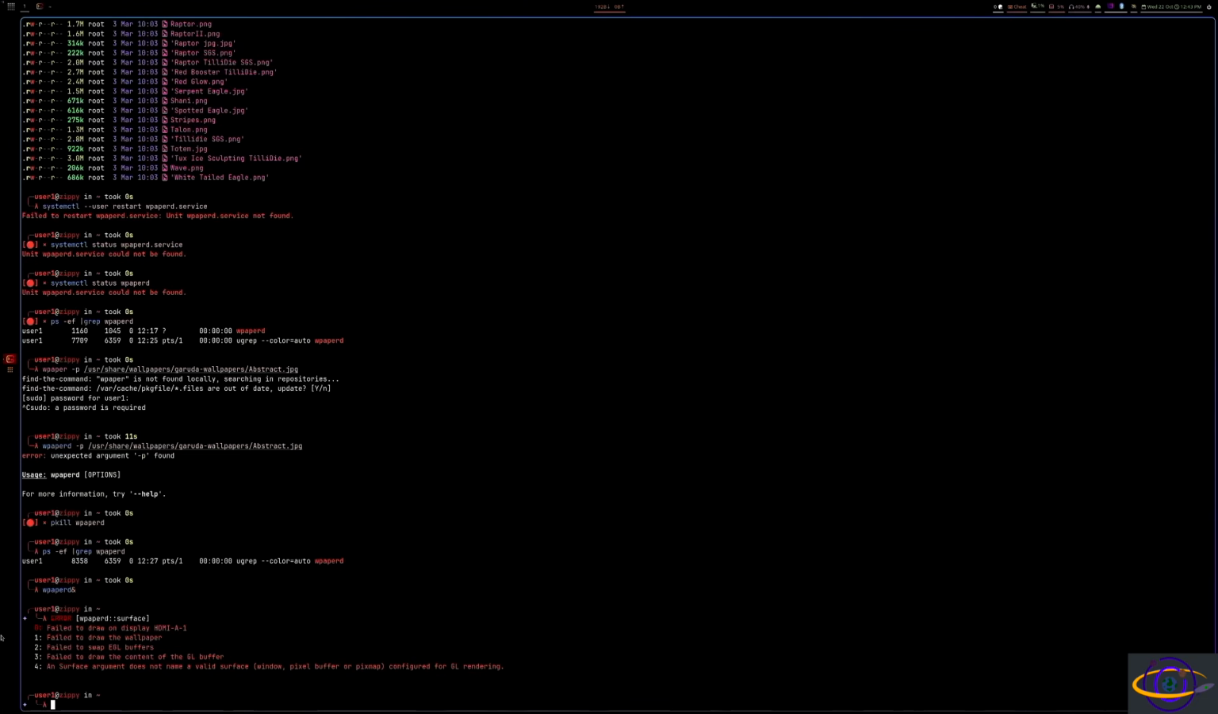I've done a little bit of searching, and from what I can tell, it's telling me failed to draw on. Did I just paste this in? One way or another, I'm getting that it failed to draw on display HDMI A1, failed to draw the wallpaper. Maybe the name of the display is configured wrong in one of the config files. Maybe it's an issue. Some things are saying it could be an issue with the drivers. Looks like my NVIDIA drivers are fine, but this did appear after installing the NVIDIA drivers as one of the